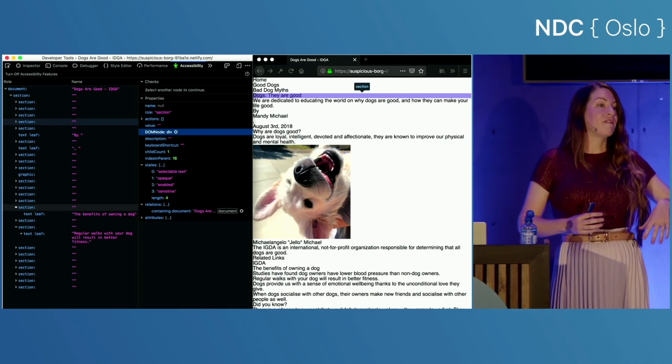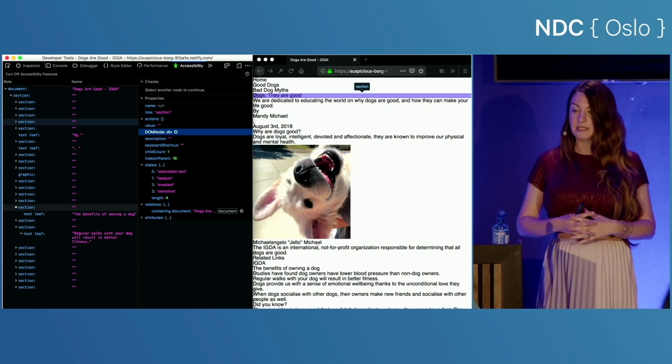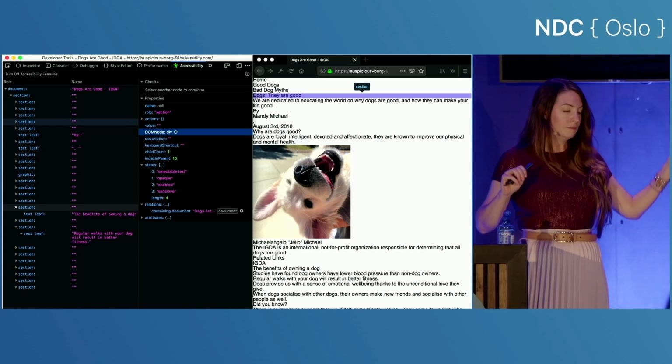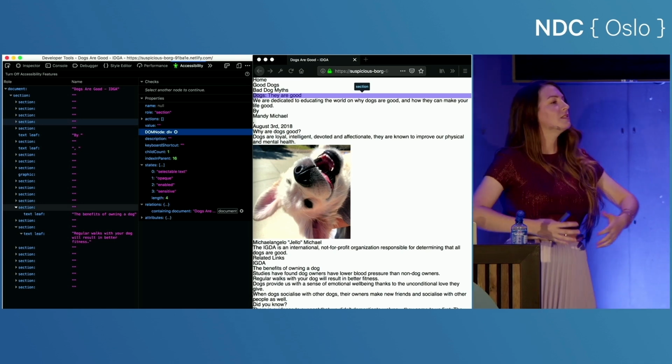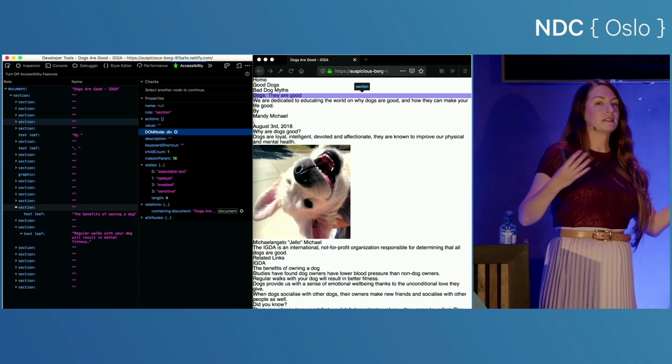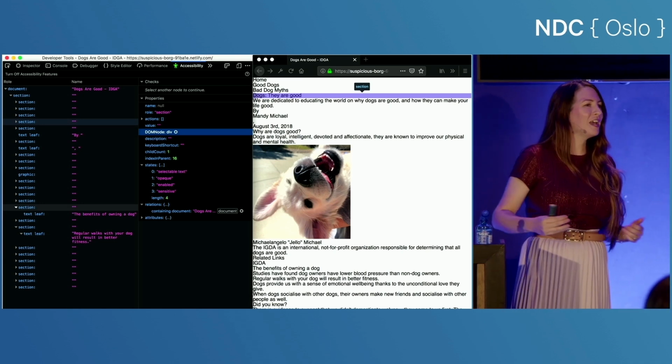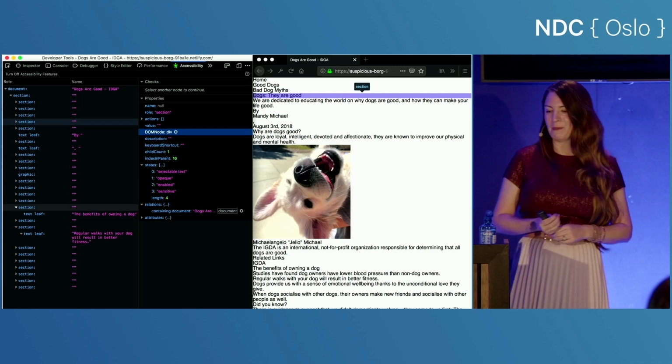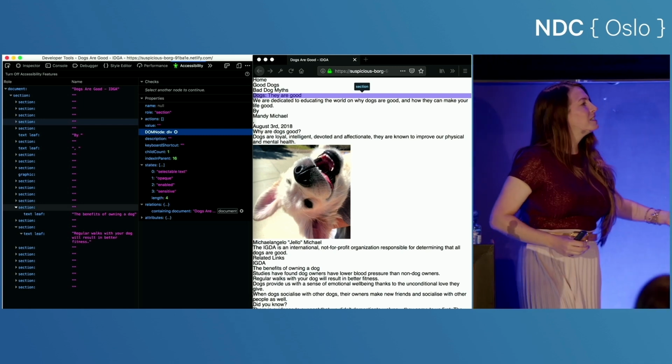Browsers like Chrome and Firefox have accessibility tree inspectors. This one is from Firefox. It allows you to see what the accessibility tree, what assistive tech would see, when it's trying to interpret the page. Because the accessibility tree is made up